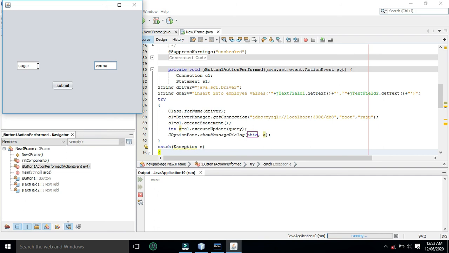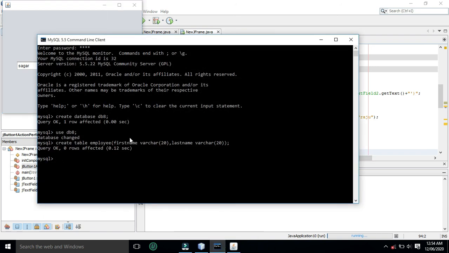Now you can see one row updated, means Sagar and Verma both get inserted as a record into employee table. You can confirm it using MySQL select query, select star from employee. You can see first name Sagar, last name Verma.